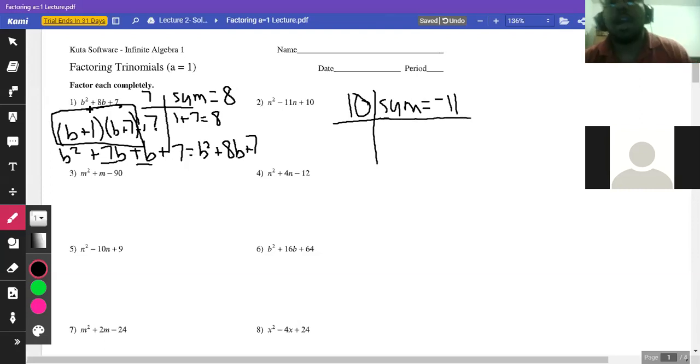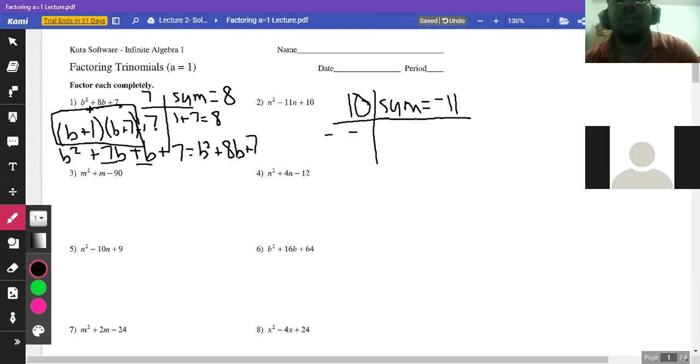Well, let's see. I know that it's two numbers that multiply to give me a positive. So that's either going to be a positive number and a positive number, or a negative number and a negative number. It can't be a positive number times a negative number, because a positive times a negative will give me a negative. And since I know that when I add these two numbers, I get a negative number, that's a sign to me that both these numbers are going to be